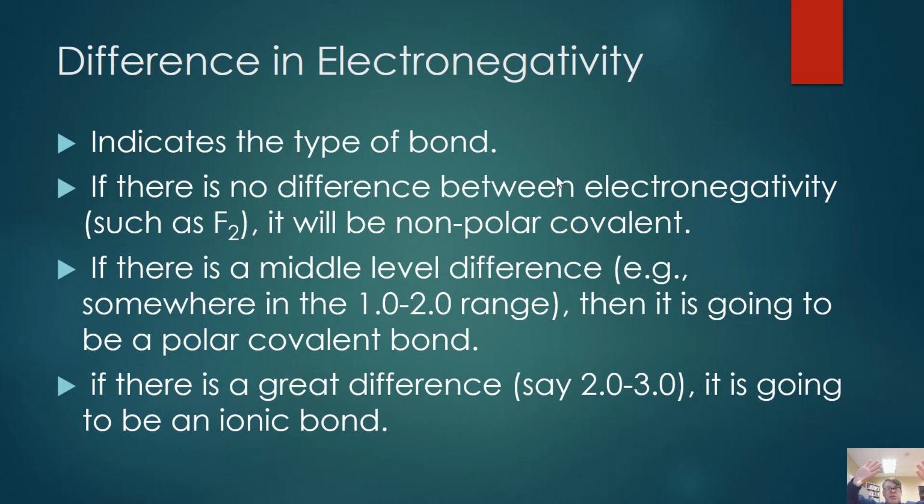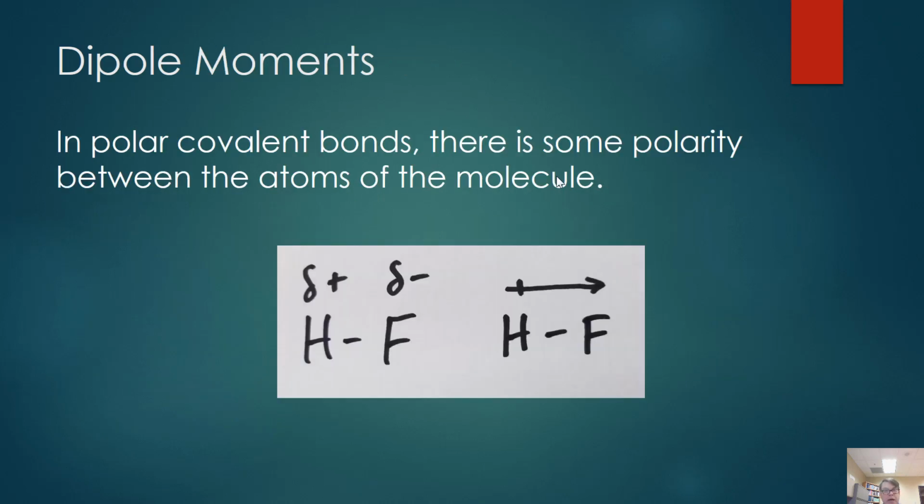So you see that the difference in electronegativity between two atoms that are bonding together is going to give you some indication. Now, it's not a foolproof thing. There are exceptions, but it's going to give you a general indication of what kind of bonding is probably going on. Okay, so the last thing we want to talk about, or second to last thing